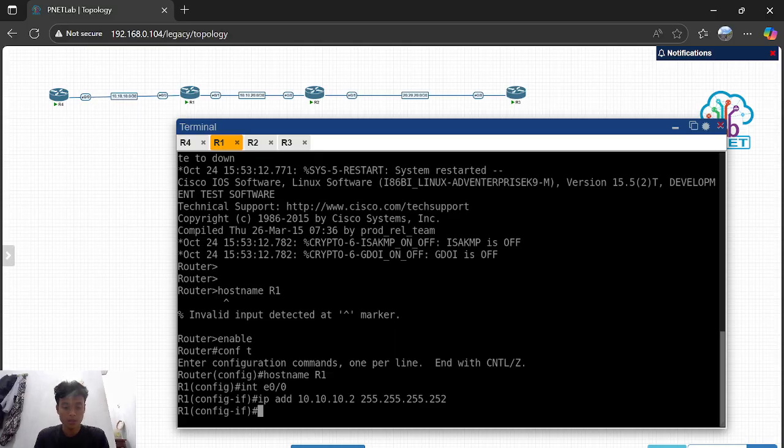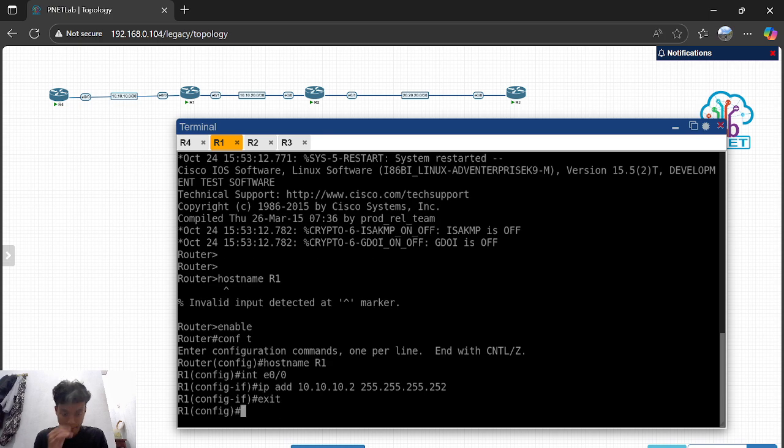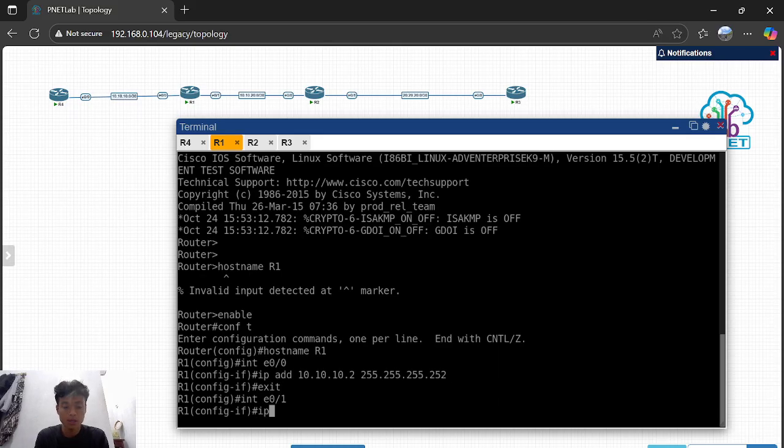And then you can exit to another interface. This, and then you can add the IP too with subnet mask.